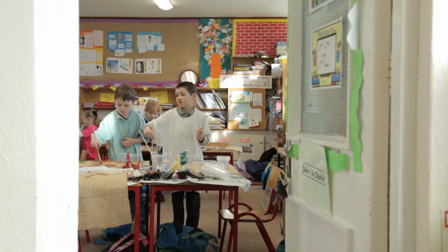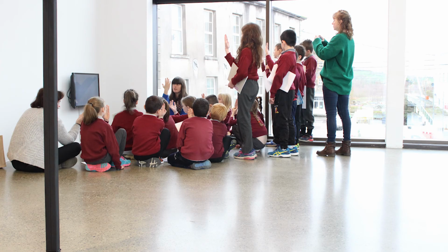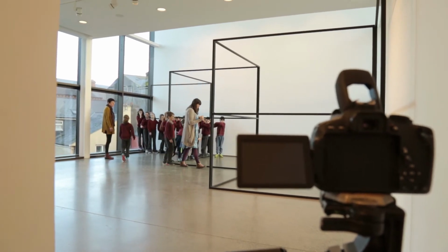Over 8 weeks we've discussed ideas about space, scale, perspective and movement. With Karl's work we responded to the idea of space and how artists address the entire space as opposed to just the object. We thought about perspective and spent time drawing the object from every different angle, even taking the time to look